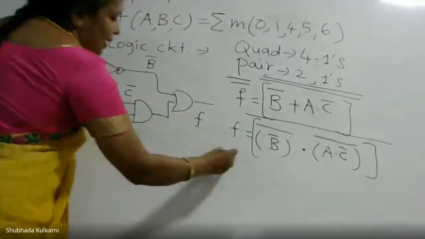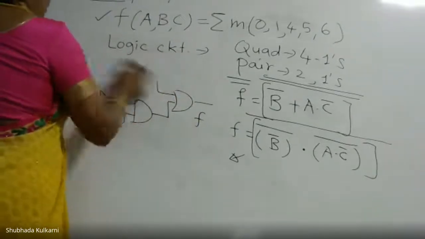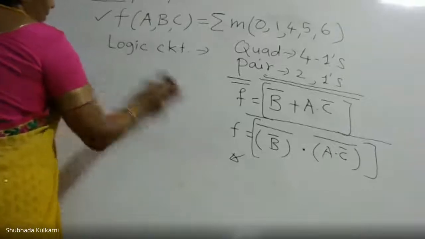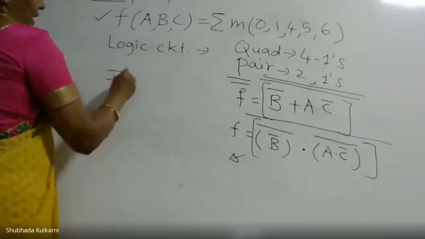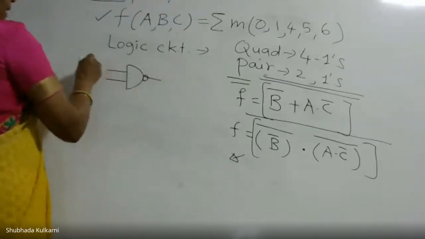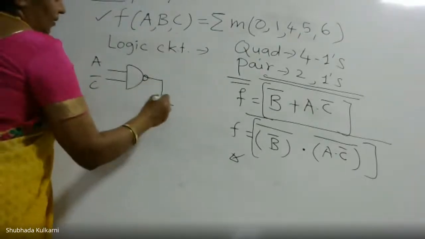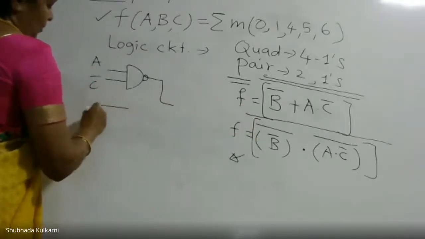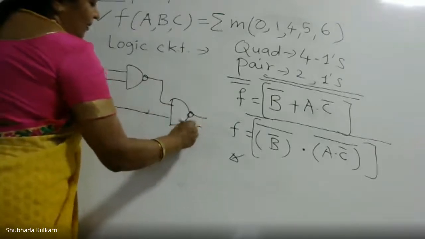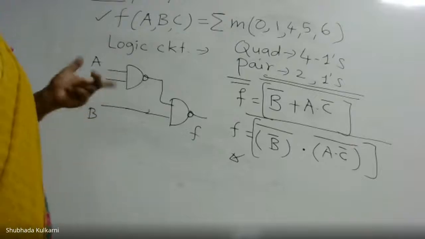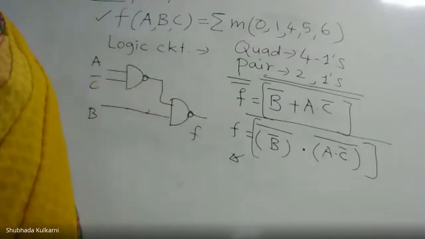So NAND gate. Here I will draw the NAND realization. Logic circuit by using NAND gate. The second circuit I am drawing, method 2. This is a NAND gate, with inputs A and C bar. I have assumed C bar is available through the complement. Then B double bar is B, so I am using B. One more NAND gate, and this is the Boolean function F. So you don't have to use AND gate, OR gate, then NOT gate. Directly by using two NAND gates, you can get the same Boolean function.